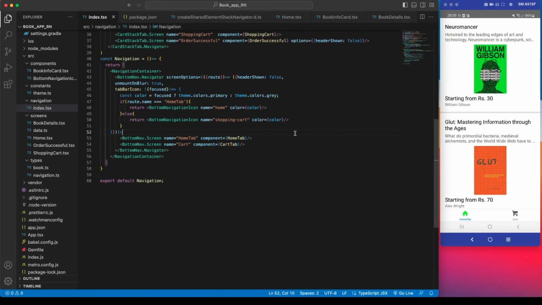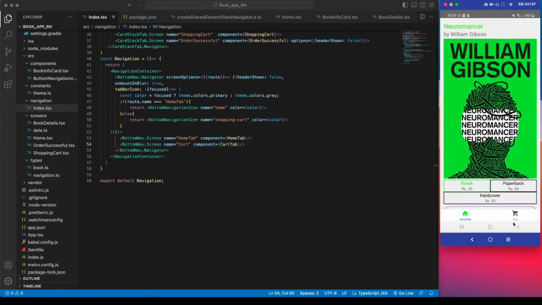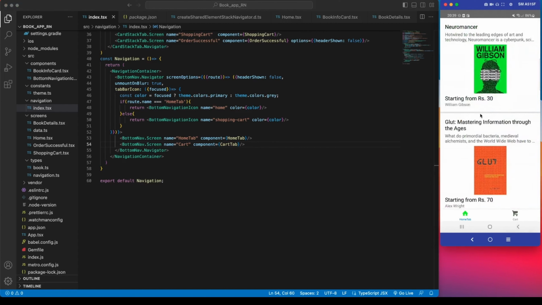Okay, so that's it for this video. We will be looking into how to use React Native shared elements to transition between these two screens, and also we will be looking into the shopping cart state. So we will be using Redux Toolkit, and yeah,